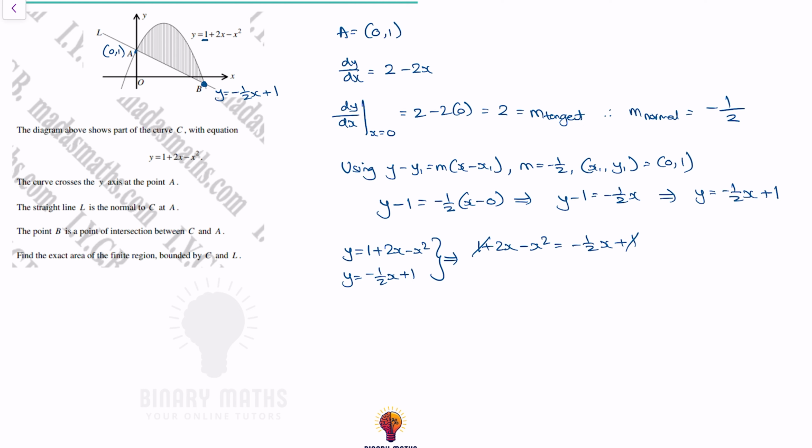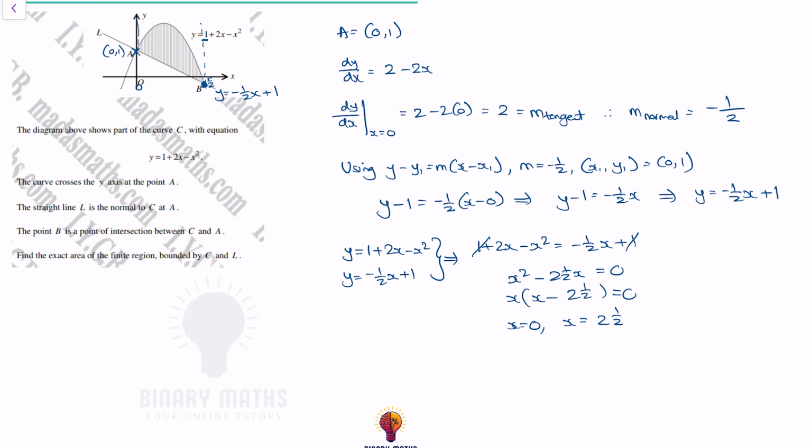The plus 1s can disappear. So if I take everything to the right-hand side, I get x squared minus 2.5x equals 0. If I factorize it, I get x times (x minus 2.5) equals 0, which means x equals 0, which is the first one, A, which makes sense, and x equals 2.5. So we've got this point, 2.5. That means, because it's one area going from x equals 0 to 5 over 2,